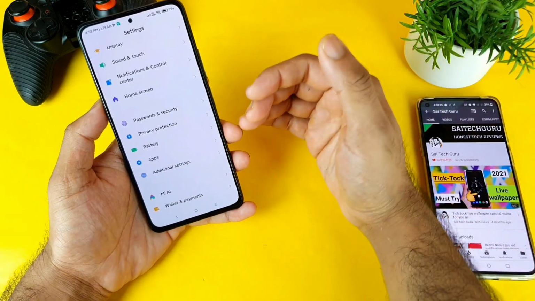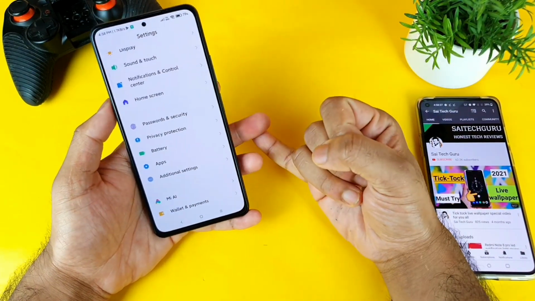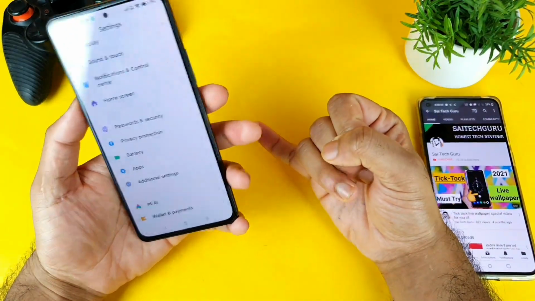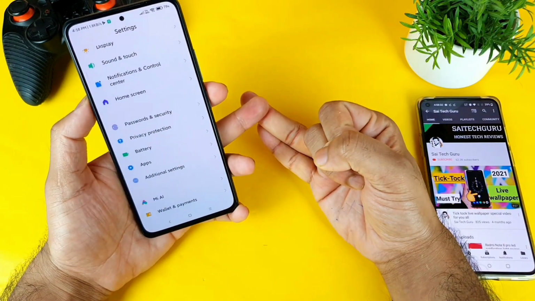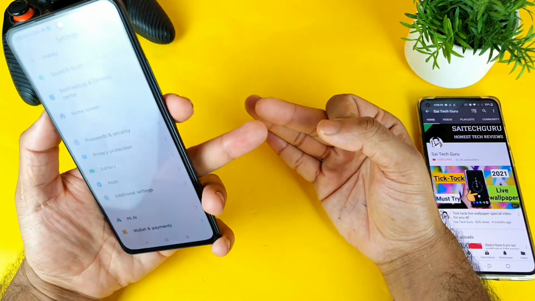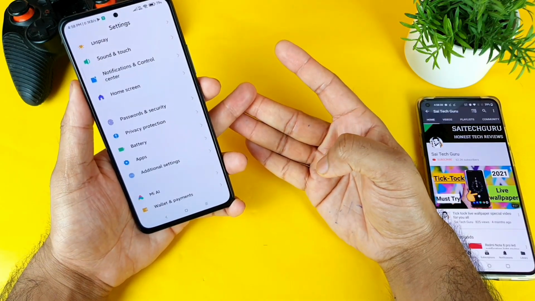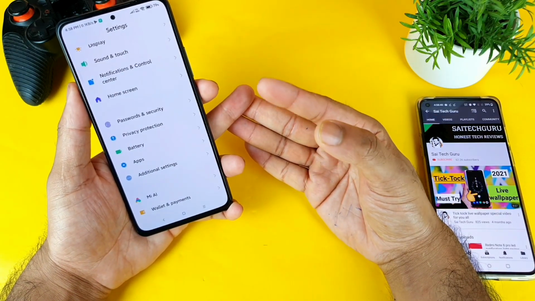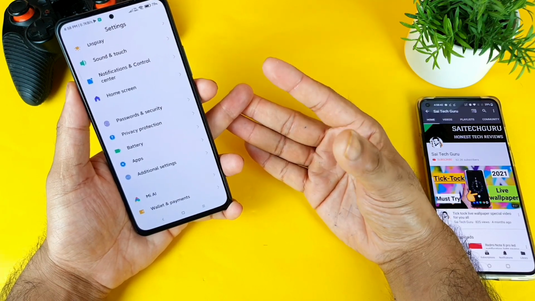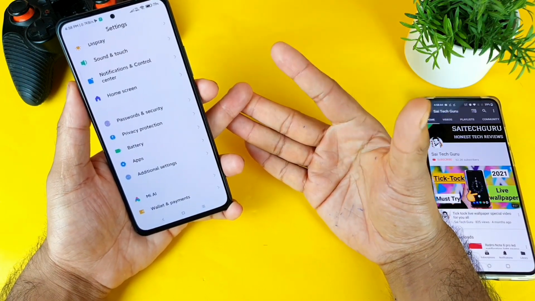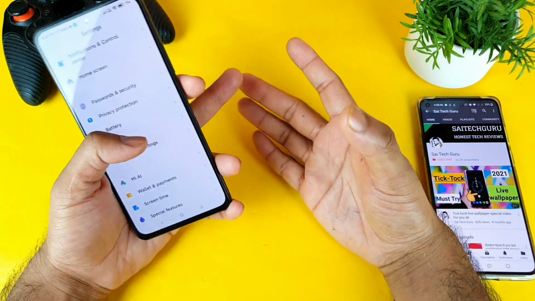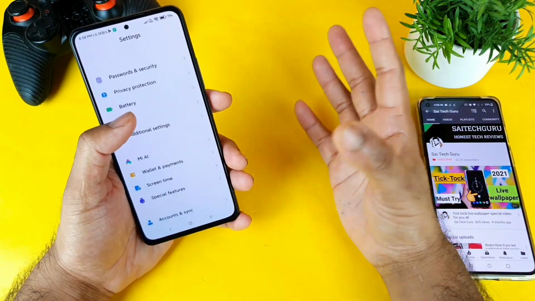So first thing, wait for the update. If you cannot trust the updates, then apply for the replacement. If the replacement unit also fails, then apply for the return. Then you can buy the iQOO 7, or if you want, you can wait for the next Poco F3 GT or maybe Redmi K40 Gaming, or some other phone. Definitely, friends, there are a couple of other options available in this price range.